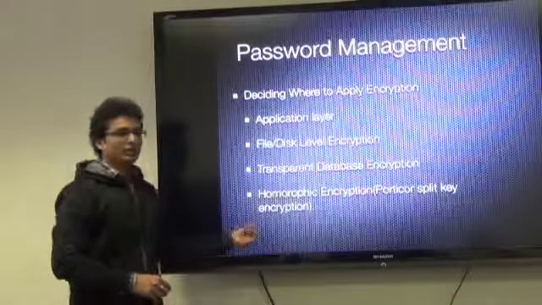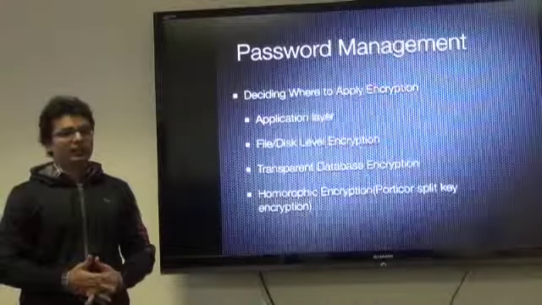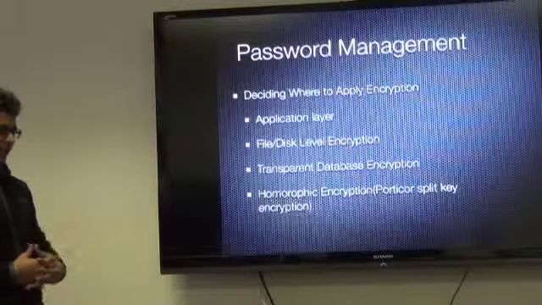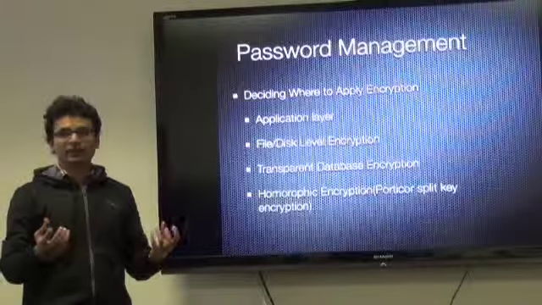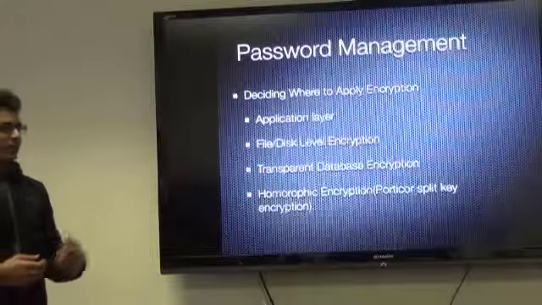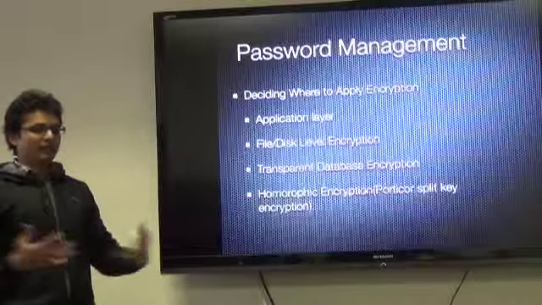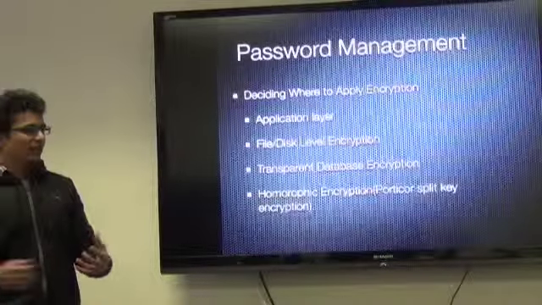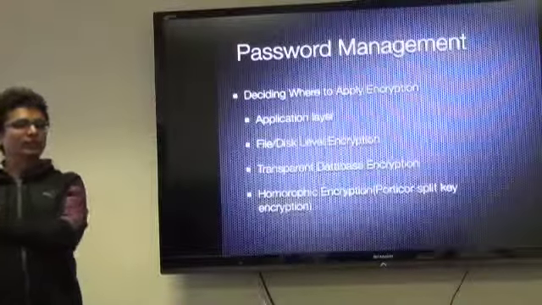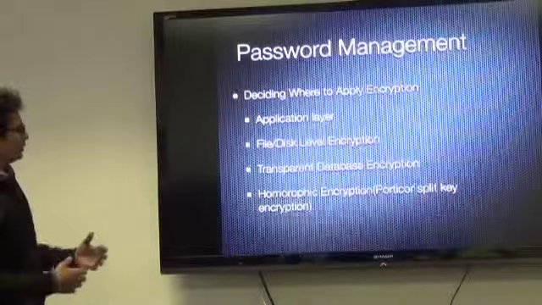Recently, a company called Portico has come up with a split key encryption technique where they use homomorphic encryption. In homomorphic encryption, suppose I have two numbers in clear text, 2 and 3, and I get the output 5. Now suppose I encrypt them. Without decrypting, if I add them, I should still get the encrypted 5. So without even decrypting, when you put those values in the function, you get the same output. You never have to decrypt them. That's how homomorphic encryption works.